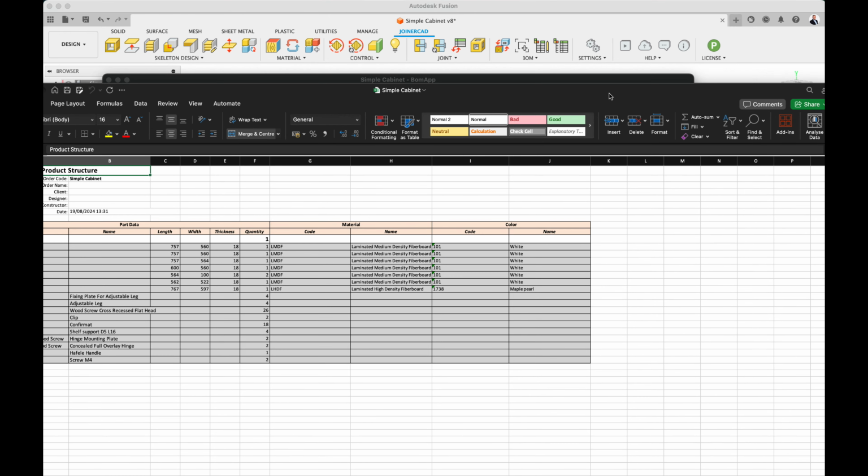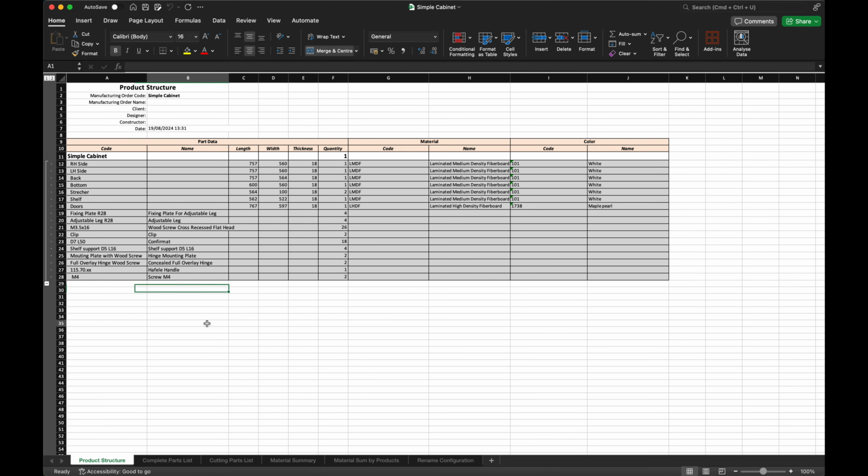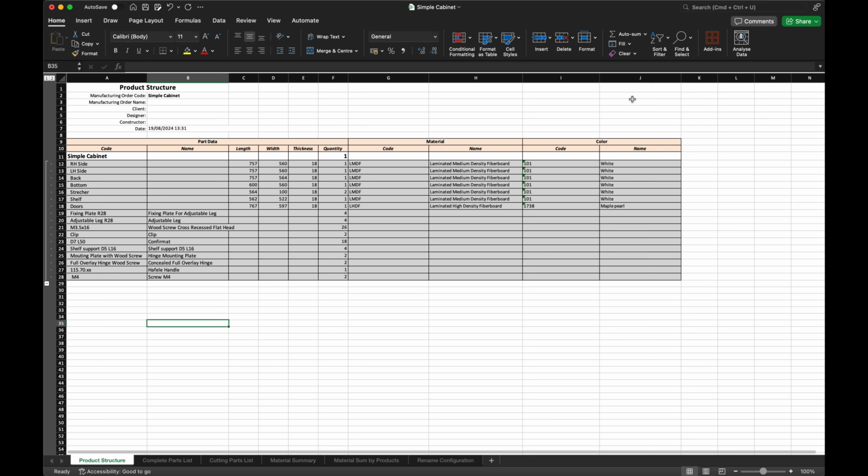As you can see, the changes were transferred to the final BOM, and the renamed configuration sheet shows the original and the changed entries.